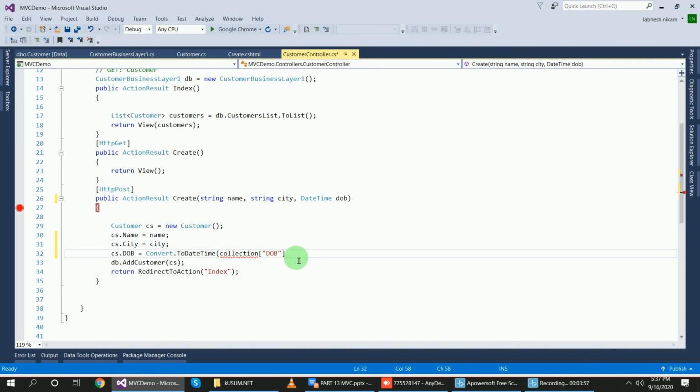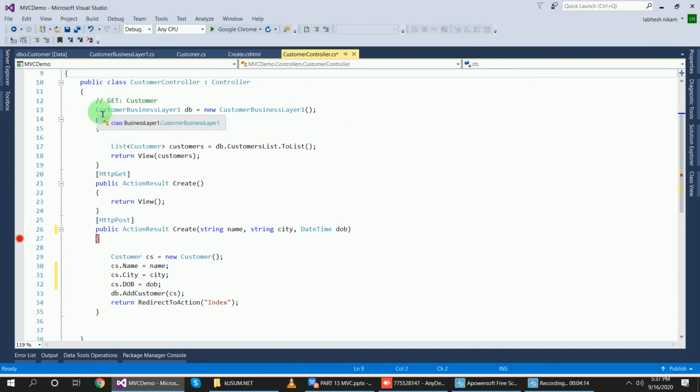And for date of birth, I had converted the DateTime earlier, so no need to convert here, simply pass DOB. And using the DB object of this class library project, the database project, I have added the customer with this object and redirect the page to the index side. Now save this project and run again.